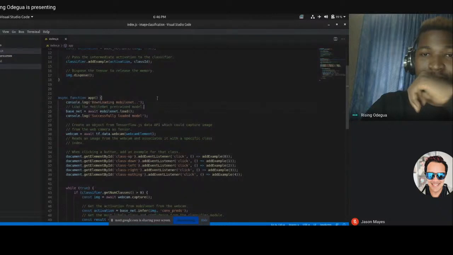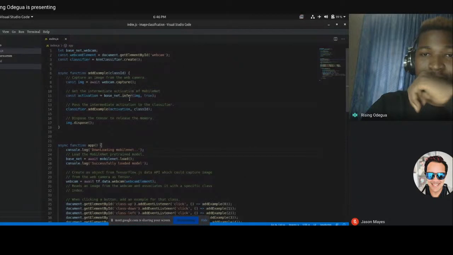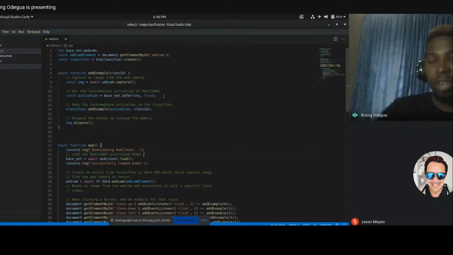Okay. So from basenet, infer is going to take this image. Now remember, the await webcam.capture is going to convert those frames to tensor objects. So the image is a tensor, it's just a bunch of arrays. So we can infer on that. Once you pass this to the infer function from basenet, it's going to return a bunch of activations. It just means a bunch of vectors, a representation of that particular image, like we explained in the slides.